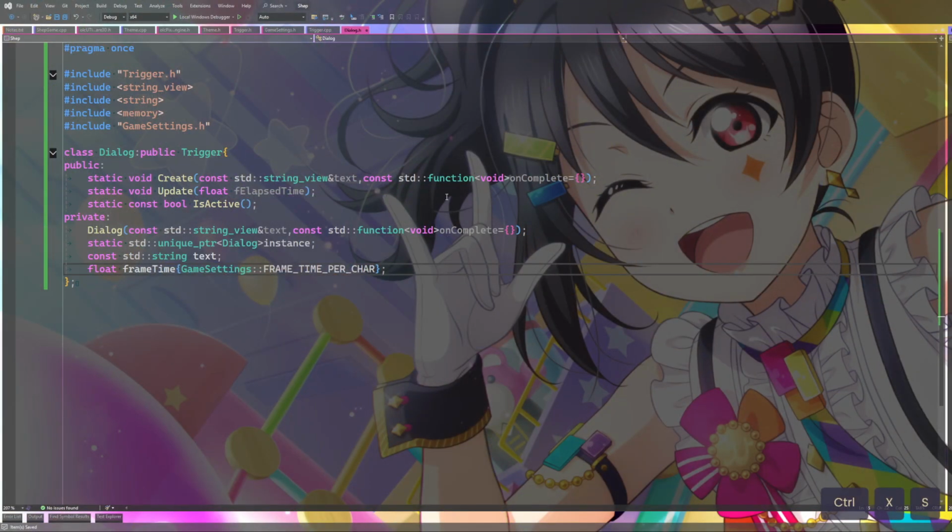That should work. Why is it not working? No instance of constructor matches const std::function void ampersand.